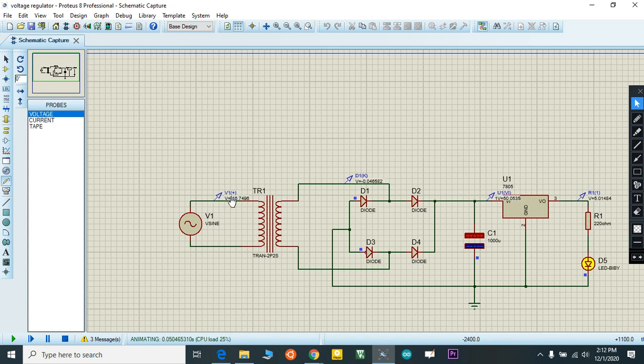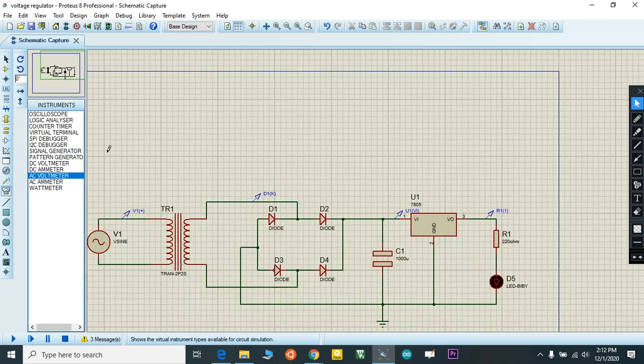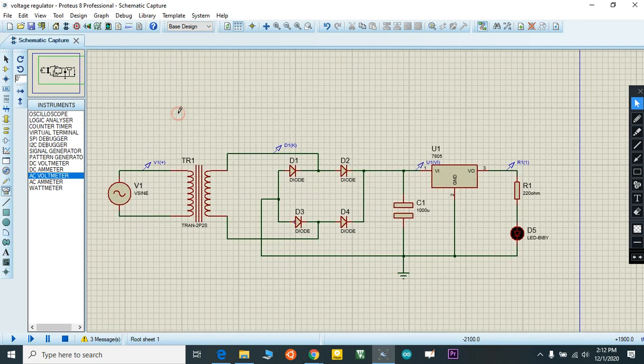It's a DC voltage, it's showing some DC. We need to check with a DC ammeter. Sorry, AC voltmeter. Okay, it's an AC wave, so you need to use an AC ammeter and AC voltmeter to check this.